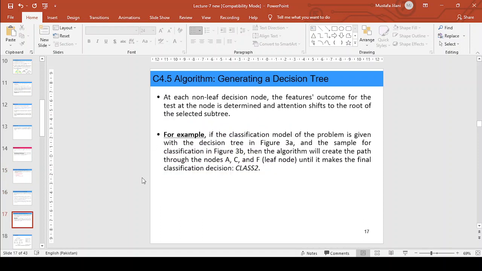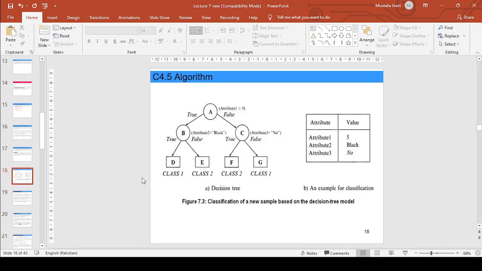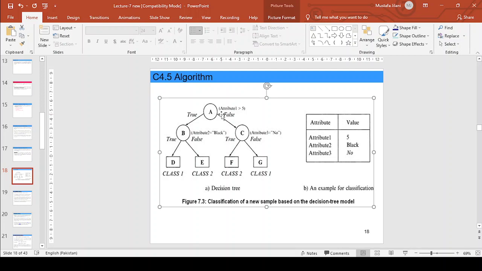Now I want to explain the example. For example, if attribute 1 is more than 5 is true, and attribute 2 equals black is true, then class 1, otherwise class 2. So you see, if this then that else that, and we can do a classification. It is taken from some book, figure